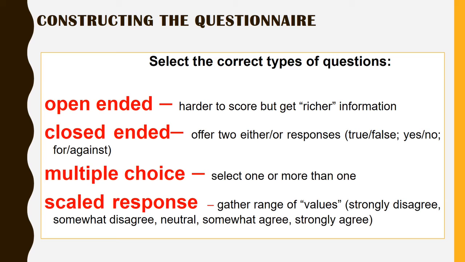And the scale responses. Scale means a Likert scale, a 5-point rating scale you can apply, or a 7-point rating scale. Like you can see here, I have put a scale: strongly disagree, somewhat disagree, neutral, somewhat agree, and strongly agree. This is a 5-point rating scale. So this kind of scale response you can also apply in your questionnaire. These are the questionnaire methods.